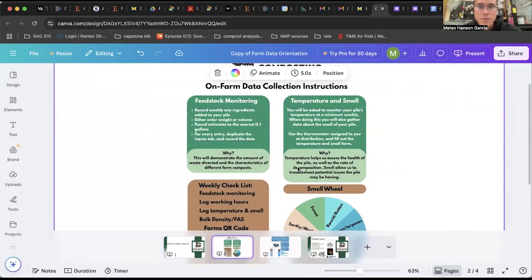After we have feedstock monitoring, we have temperature and smell. Hello again. After I've prepped my materials and I've got everything gathered to start adding things and turning my pile,